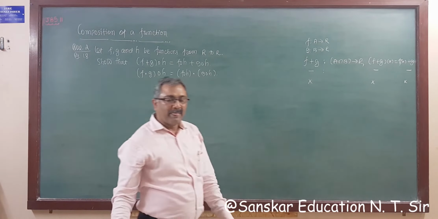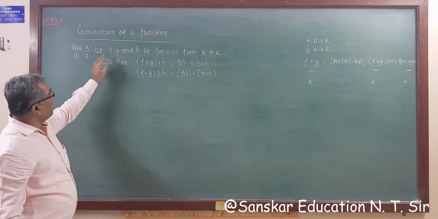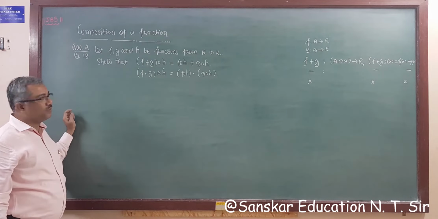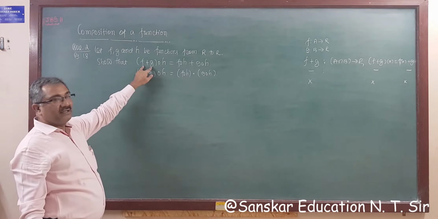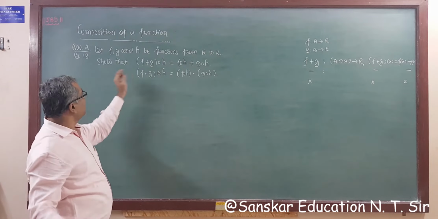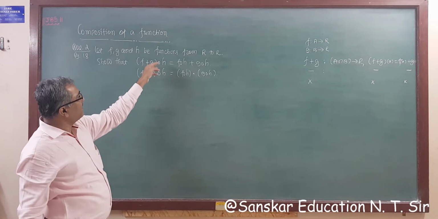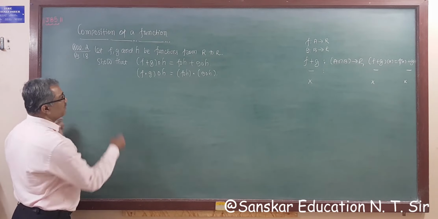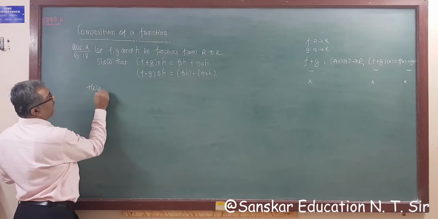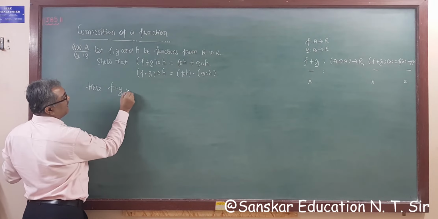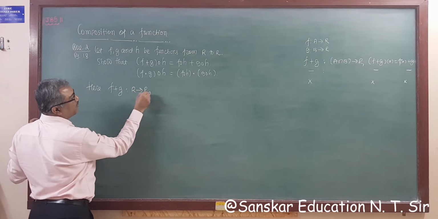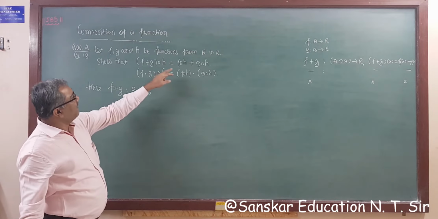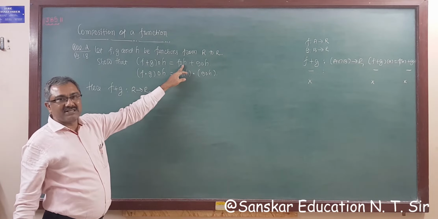R. Okay, so here f, g and h are all defined on R to R. Means f plus g is defined from R to R because the domain of f is R and the domain of g is also R. So f plus g is defined on R to R. Then we need f over h, the composition, right?